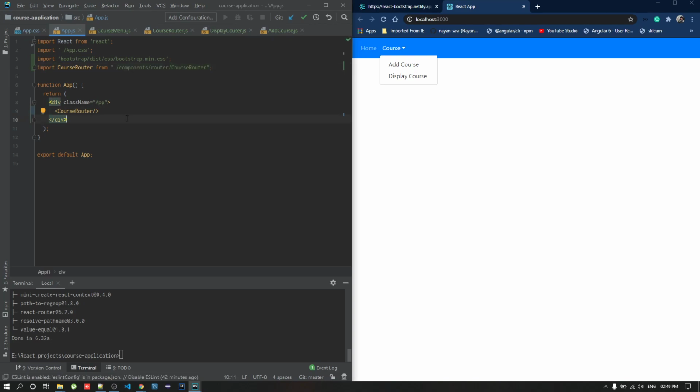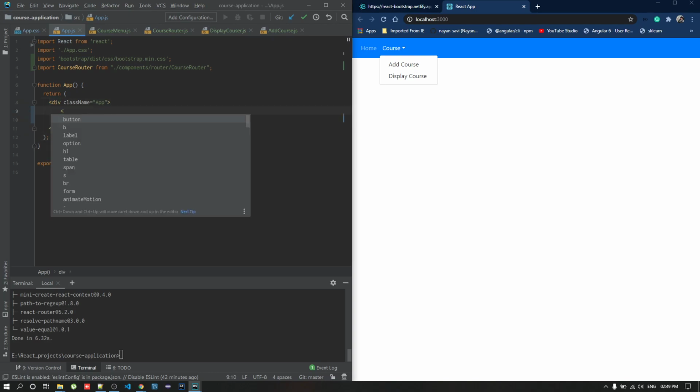In order to support HTML5 browsers, we need to use the BrowserRouter module.